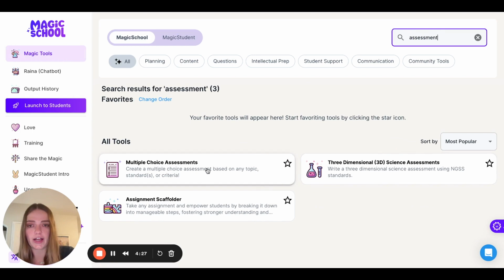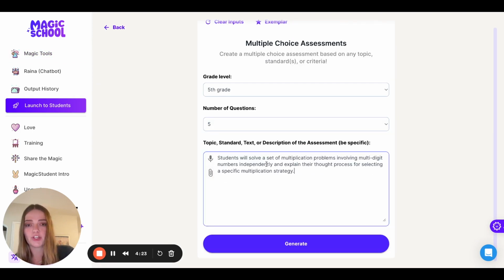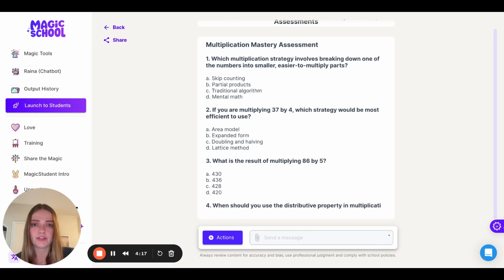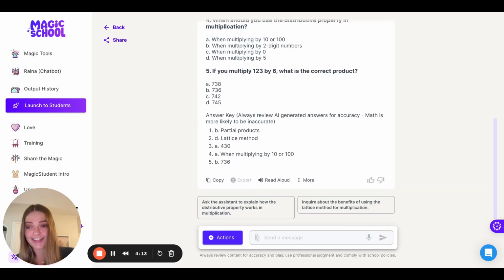So let's create a multiple choice assessment for 5th grade, 5 questions, and I'm just going to paste what it told me from the lesson plan was going to be the assessment. Now I automatically have 5 questions and an answer key available to go for students without even trying that hard. So using the MagicSchool platform just automatically automates everything that I could possibly want in regards to anything with my